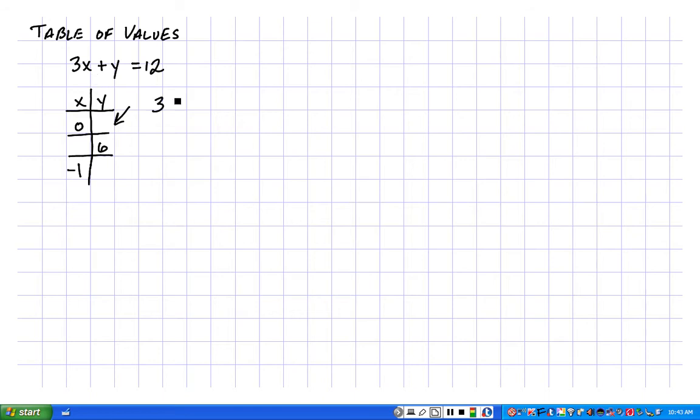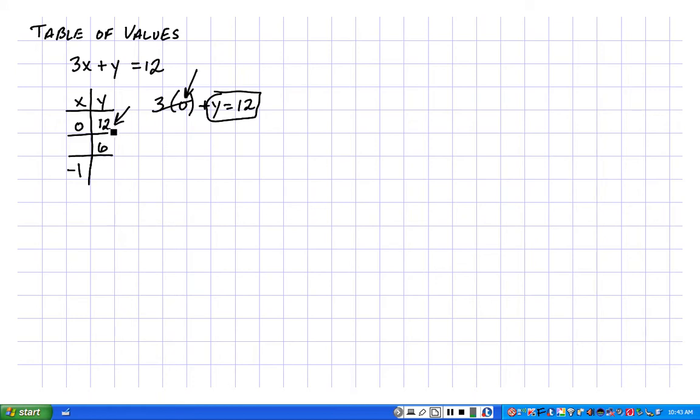So instead of 3x, now I'm writing 3x because x is 0. 3x plus y equals 12. Now 3 times 0 is 0, so that basically cancels, and so you're just left with y equals 12. So if x is 0,